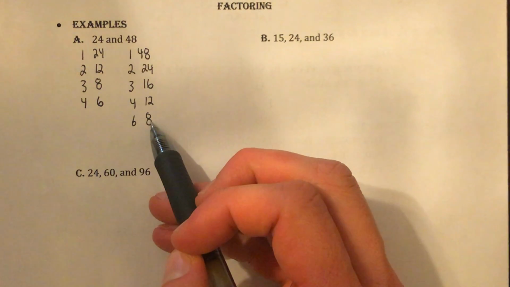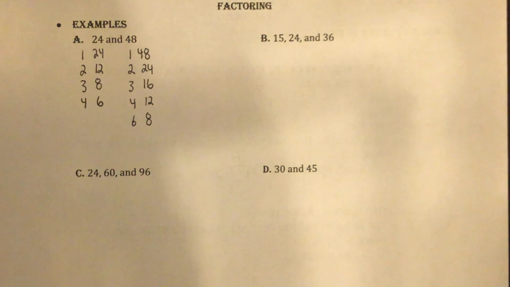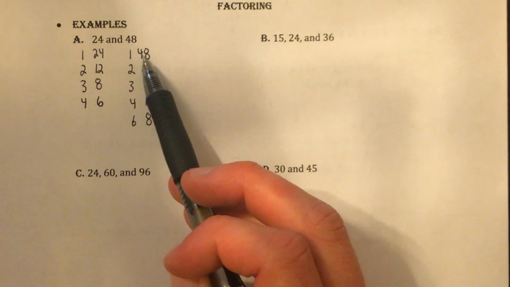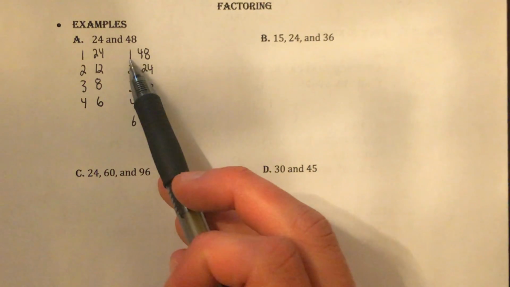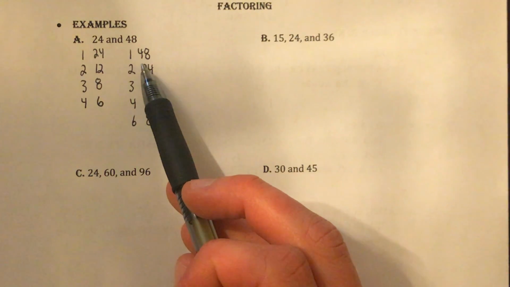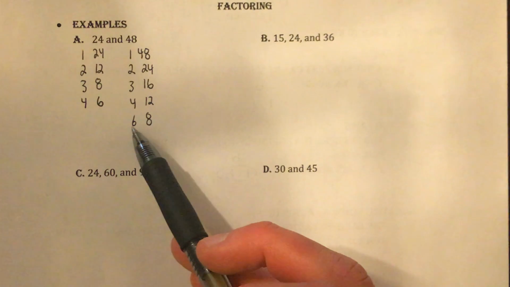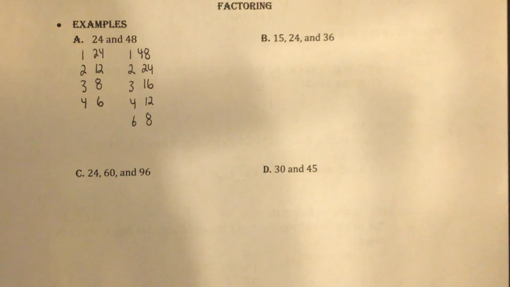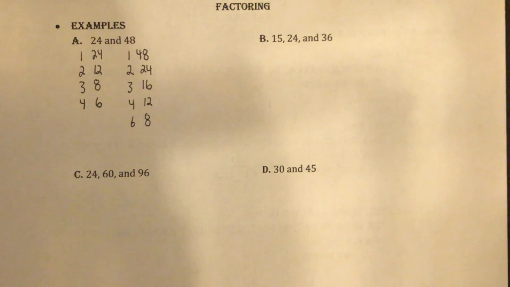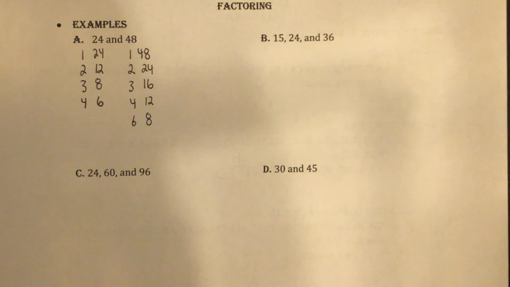Does 8 go in? Oh, 8 is already on my list. Now you may have noticed as we do these factor pairs, these two numbers start really far apart, and as we go down our list, they slowly start getting closer together. Oh, 6 and 8, that's really close. Typically that's going to be an end. When you've only got one number separating, that's going to be the end, but we always check that one number